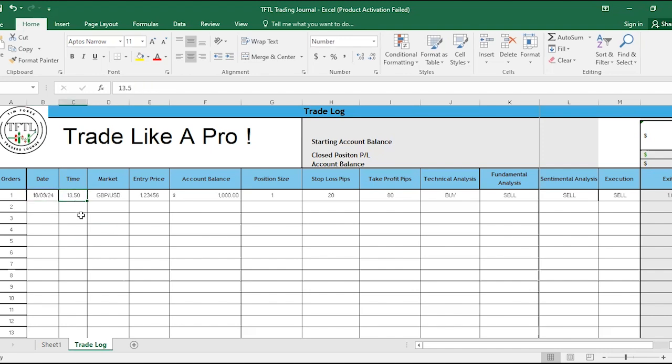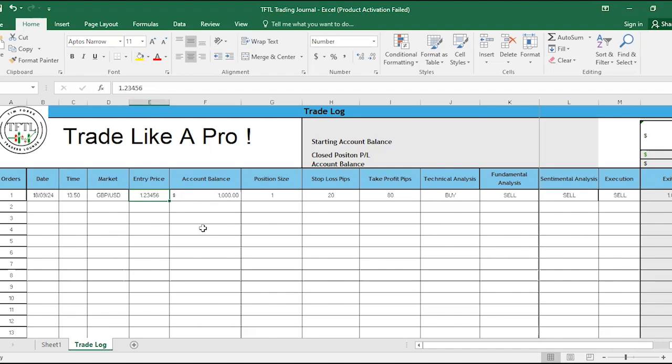That is 1350 hours, in the 24-hour clock system. Then the market or the asset that you traded; here let's say we traded GBP USD. So when we trade this GBP USD, let's say our target price is